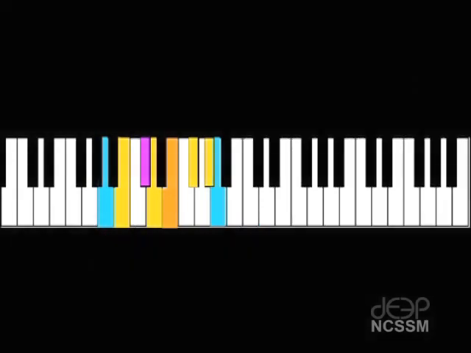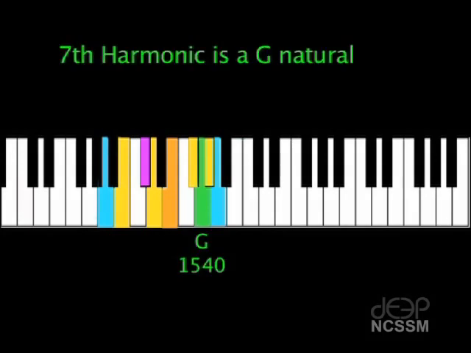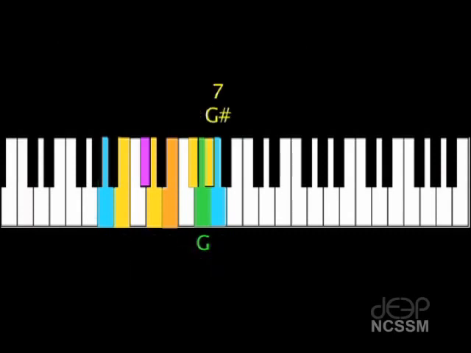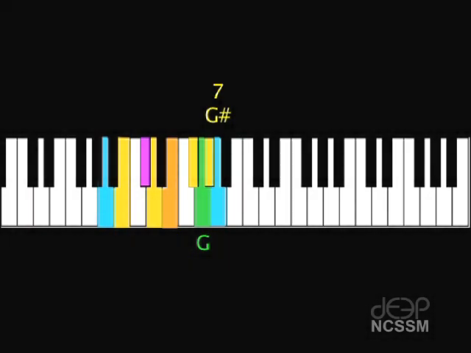Finally, the 7th harmonic is a G natural. Now this may not seem to fit into the pattern of the A major scale. A major has a G sharp. G sharp is the 7th note of the scale. And while it would take more time than we have today to fully explain the presence of a G natural